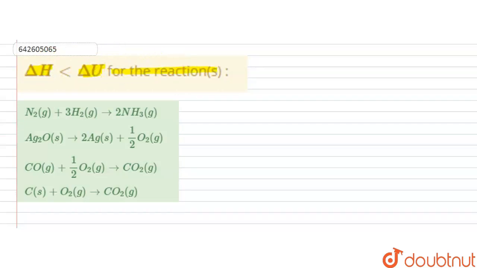Hello students, the question is: delta H less than delta U for the reaction is. So for the given reactions, we have to find out for which reaction delta H is less than delta U. So delta H and delta U are related as delta H is equals to delta U plus delta